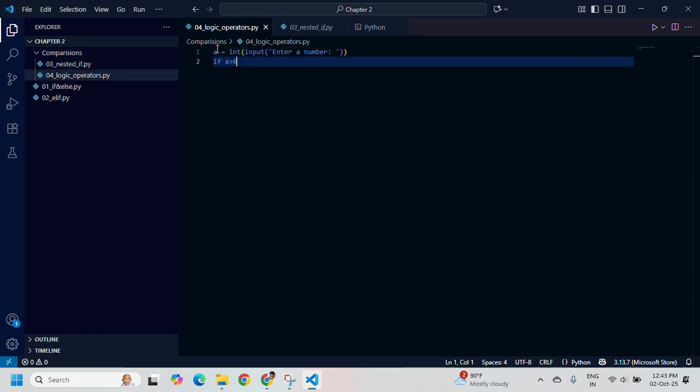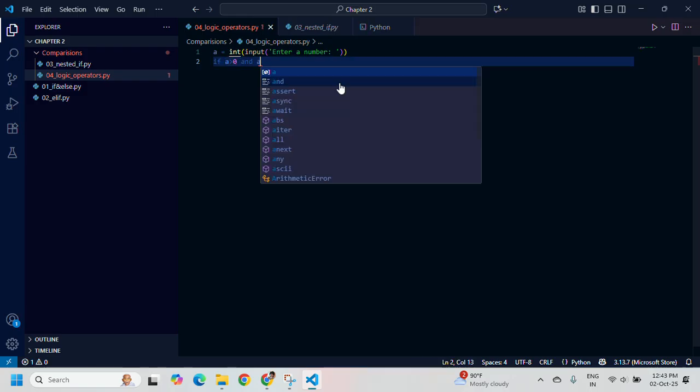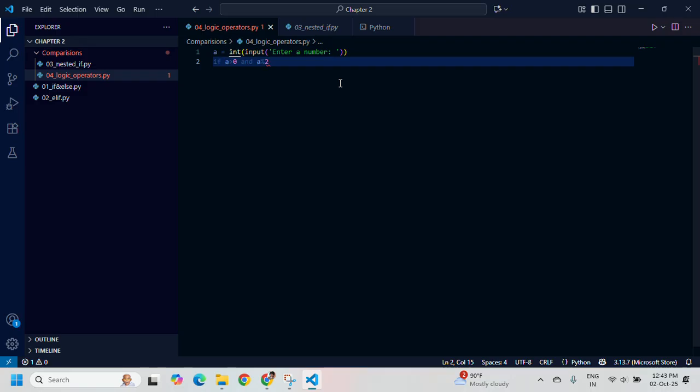So now if, and. So I put and, so this means if this is true, and also this statement is true, that a % 2 is equal to 0, then